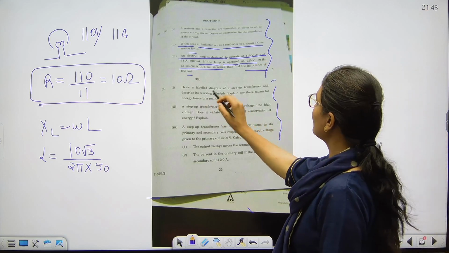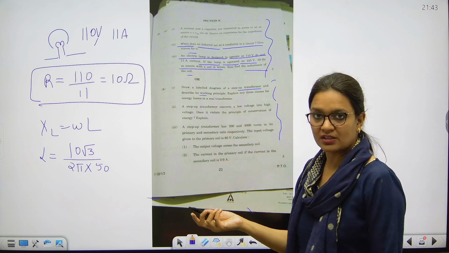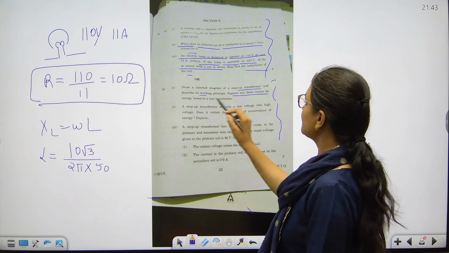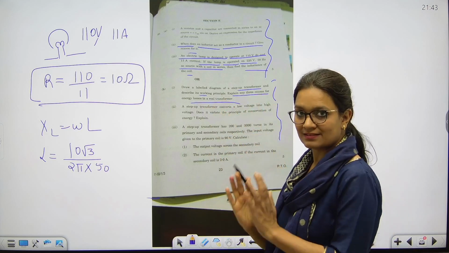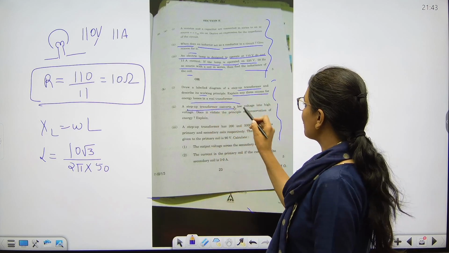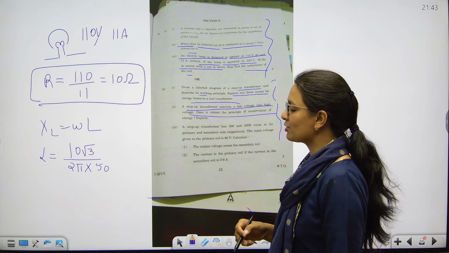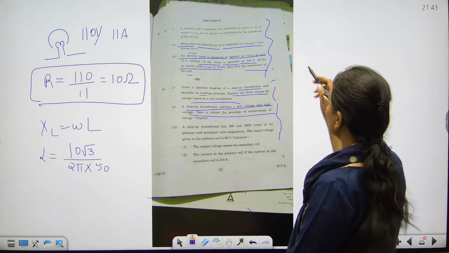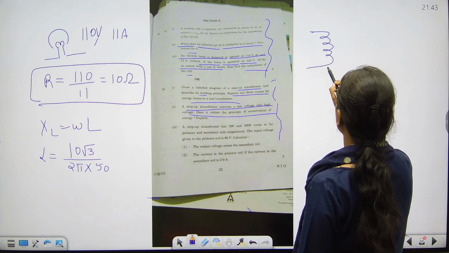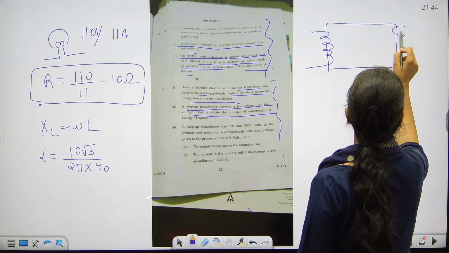This one is: draw the labelled diagram of a step-up transformer and its working principle. Simple. Explain three causes of energy losses in the notes. The step-up transformer converts low voltage into high voltage. Does it violate the principle of conservation of energy? So we know that when the step-up transformer converts the low voltage to high voltage,